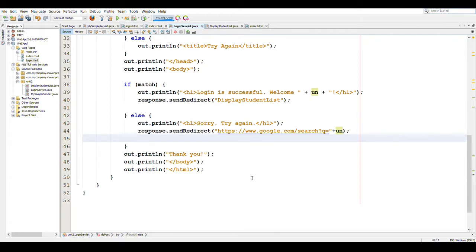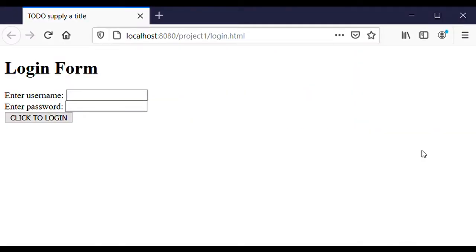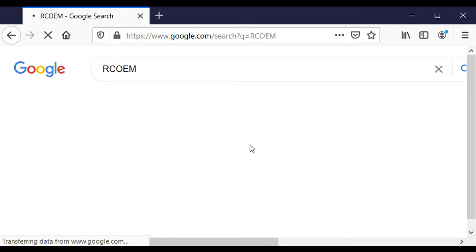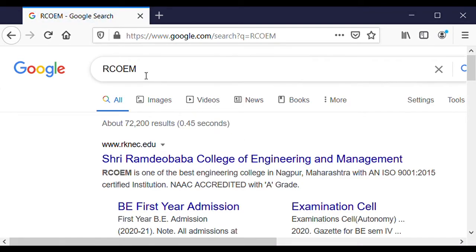When we run this code, if we enter, let's say, a wrong password, then we can see that in the URL we had appended the username. So our query has been formed and the request has been sent from our servlet to an external web page which is present on the Google server.